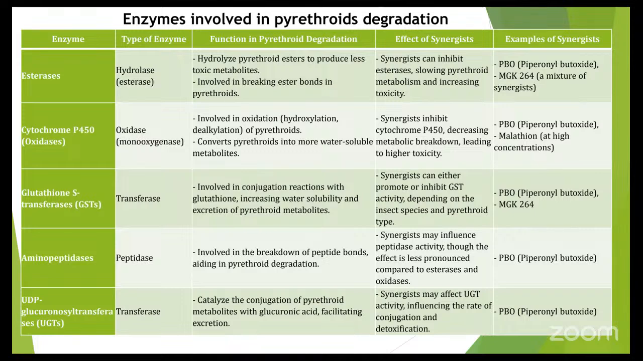Coming to the glutathione transferase, the type of enzyme involved is a transferase, and it is involved in conjugation reactions with glutathione, increasing water solubility and excretion of pyrethroid metabolites. Examples are piperonyl butoxide